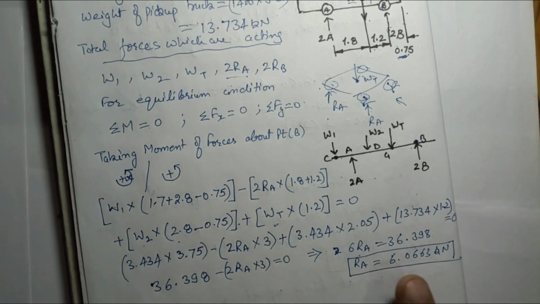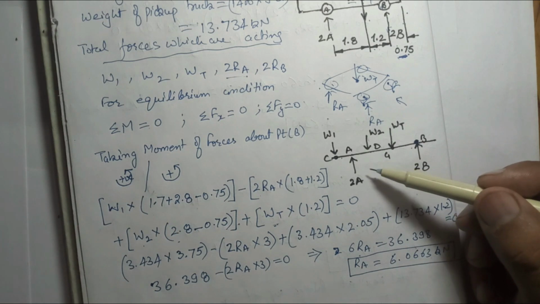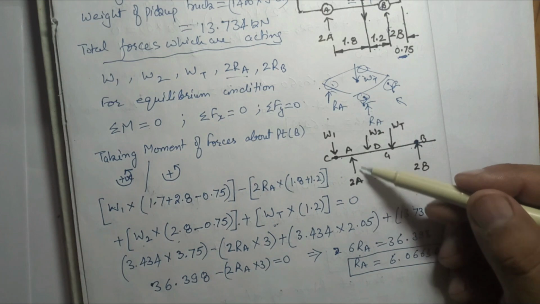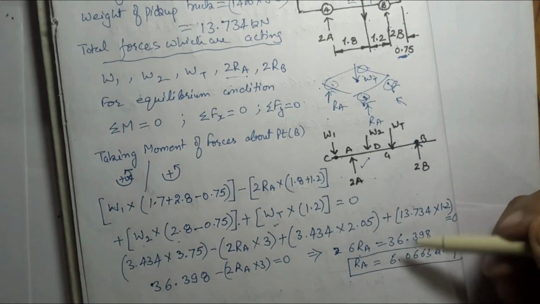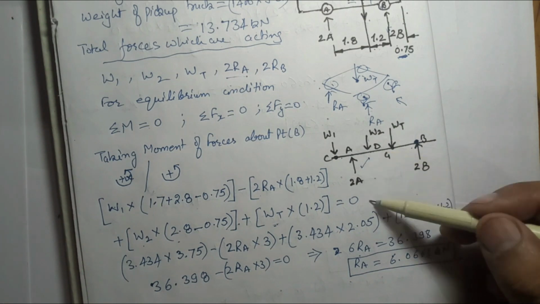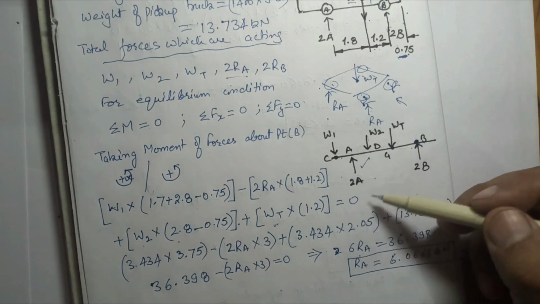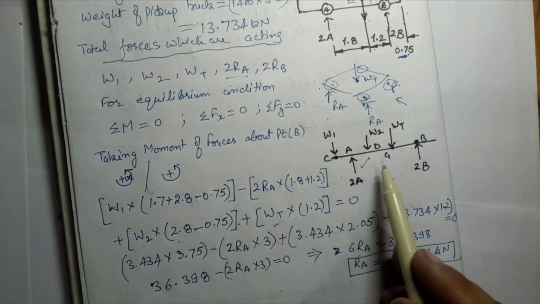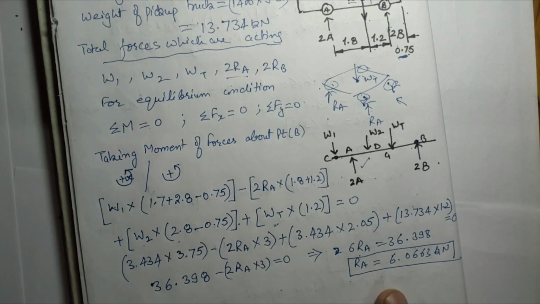Now we are getting the value of RA positive. The positive sign says that whatever direction we have assumed here, we have taken the direction of RA upward. My answer is positive, so the direction I assumed is correct. If the value comes out minus, my assumption is wrong, then I have to change the direction in my answer, so it will be downward. I'm not talking about the reaction only, but any force. First do all the calculations by assuming a direction, then we can verify with the plus or minus sign.